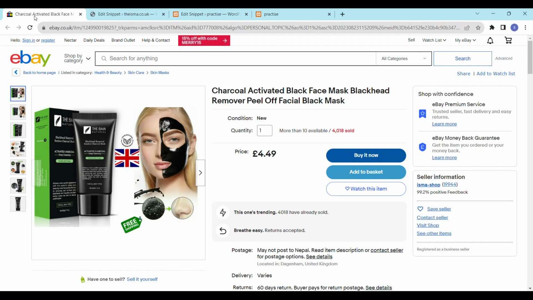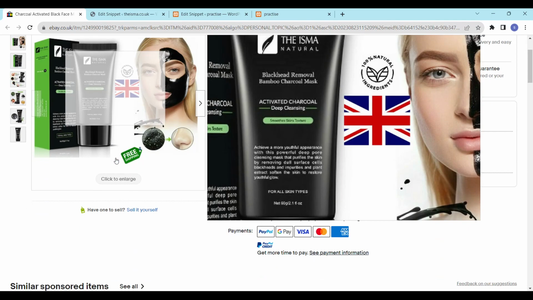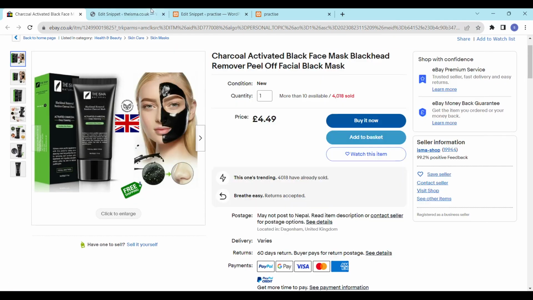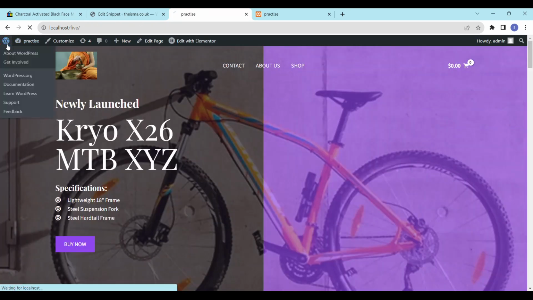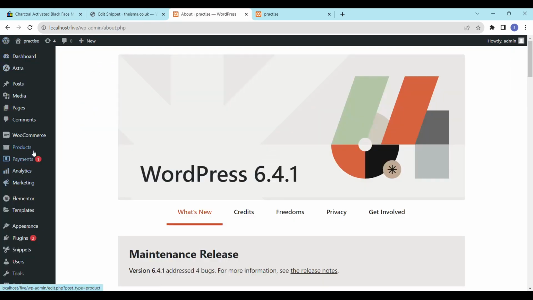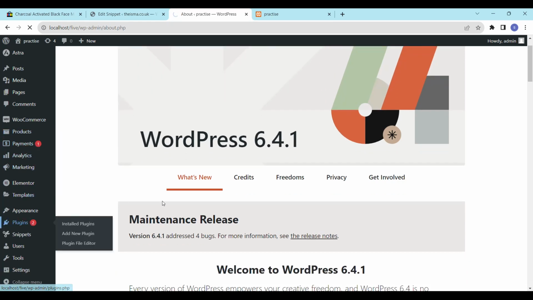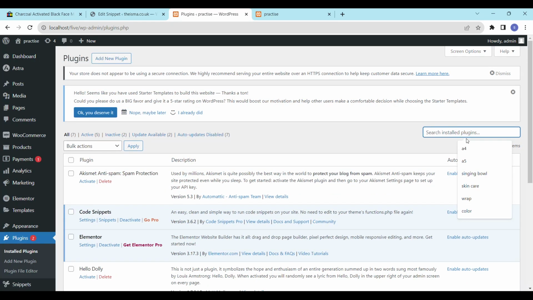Today we are learning how to add a zoom in function, as in eBay and Amazon, like this. To add this feature, first of all go to our dashboard, then go to plugins, then add a new plugin,